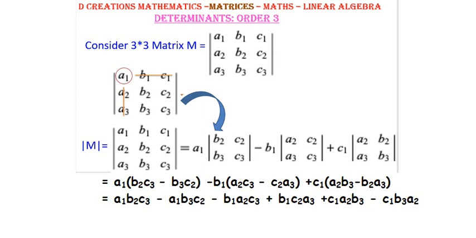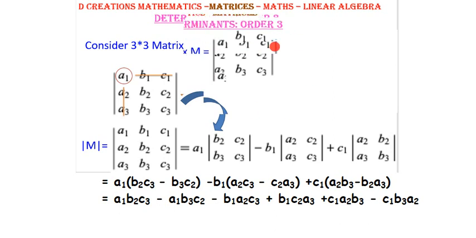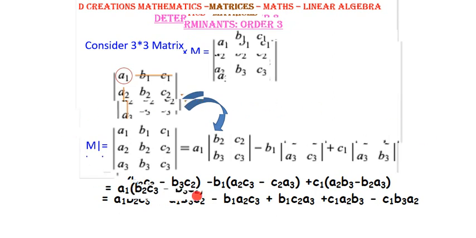Right. So I hope that you have already thought about how the determinant of a 3 by 3 matrix will be evaluated. Let me show it to you here. So consider any 3 by 3 matrix. As I said, there would be 9 elements: A1, B1, C1 in the first row, A2, B2, C2 in the second row, A3, B3, C3 in the third row, total 9 elements. Now this is the procedure in which we evaluate the determinant.